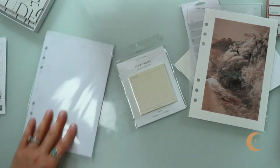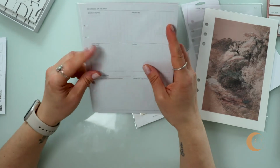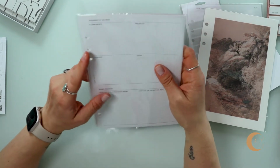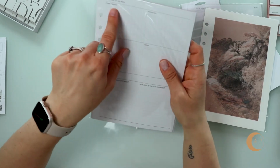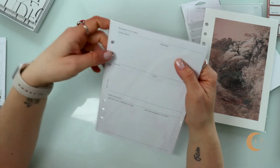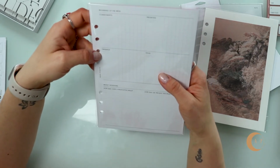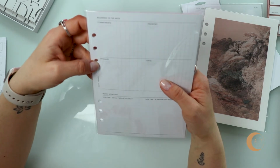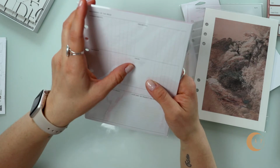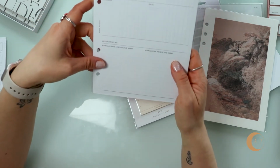So I'm definitely going to be using that. Okay, let's talk about this. Beginning of the week, we have commitments, priorities, organize, and ideas. What am I responsible for the week? This is so faint, you can barely see it. Priorities, what do I need to accomplish? Organize, what in my space needs organization? And what new creative plans do I have? How can I have a productive week and how can I be...